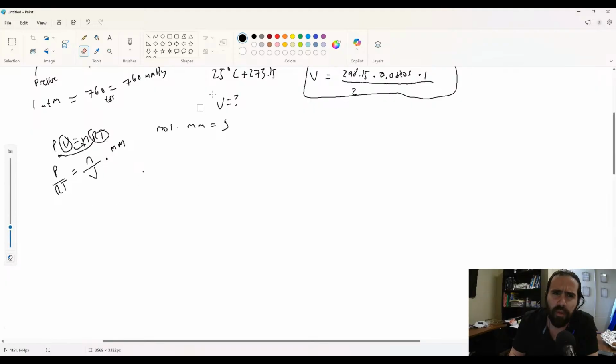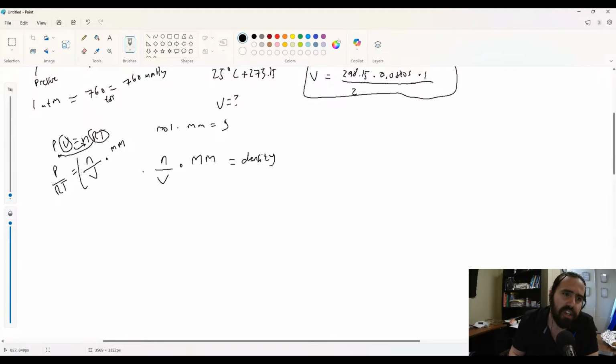So not only can we utilize PV equals nRT as a way of determining any of those 4 variables that we described, but we can also use PV equals nRT as a way of solving for density in 2 different ways. We can either take N over V times the molecular mass equals density, or since N over V is equal to P over RT, we could also do it this way: P over RT